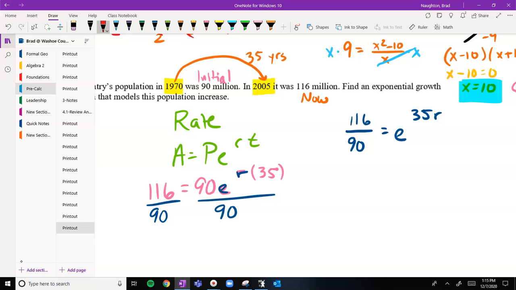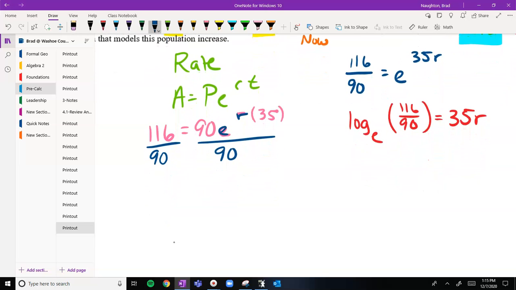So log base e of 116 over 90 is going to be equal to 35r. Log base e is the same thing as a natural log. So we'll have the ln of 116 over 90 equals 35r. So when we divide both sides by 35,